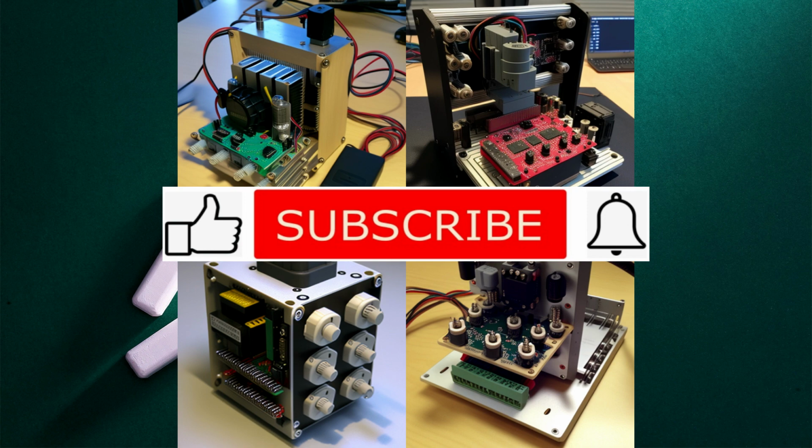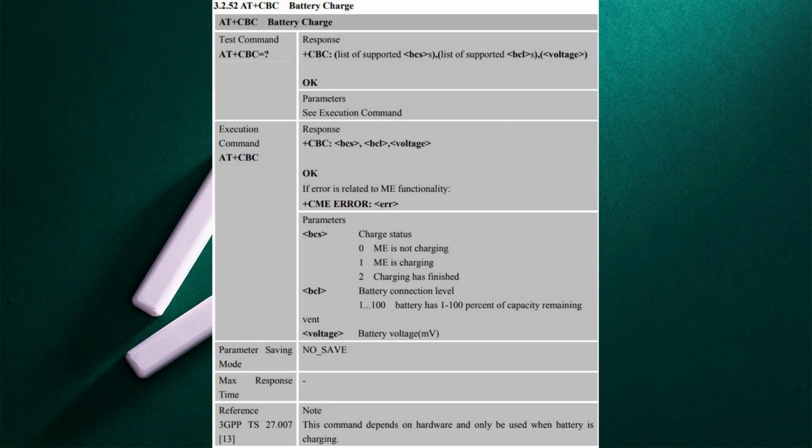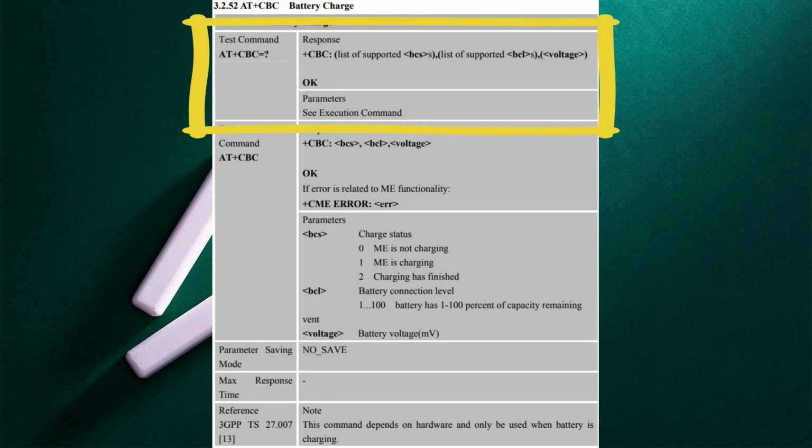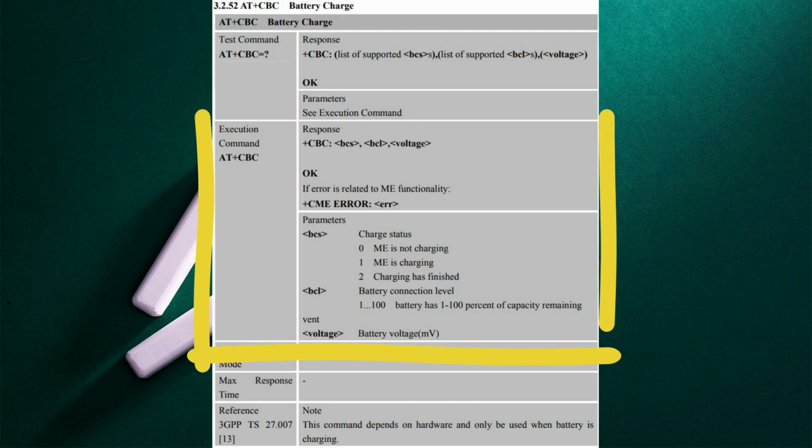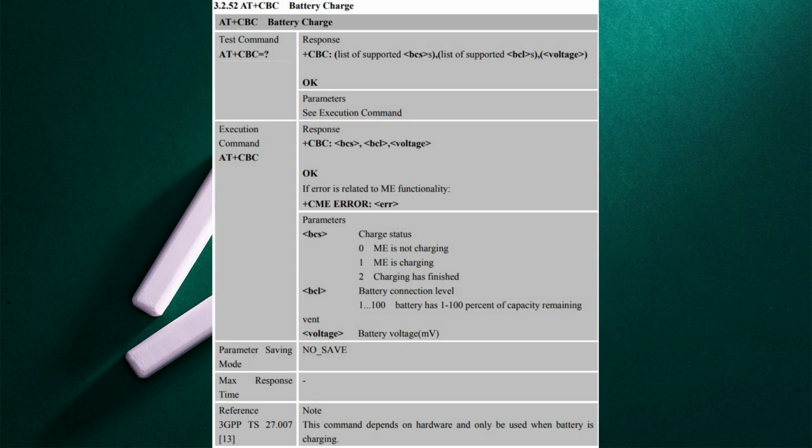Go ahead. In the documentation for SIM800L, the decoding of the CBC command is as follows. The first command is informational, AT plus CBC equals question mark. It will return the possible response options, that is, what can be expected from it, and the request itself must be submitted without a question mark, that is, AT plus CBC. And in response, we should get the voltage in millivolts, the charge in percent, as well as the conditional state of the charger. There are three such states: not charging,